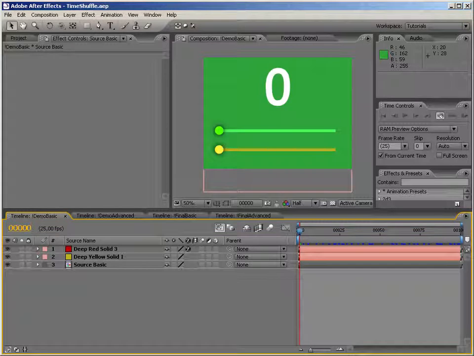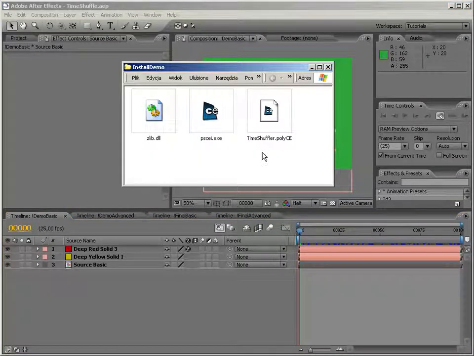So this tutorial is not exactly a tutorial, it is rather a demonstration of my plugin that I've come up with. Well, it's not even a plugin, it's a very clever preset that you can install. You can download it from my website. You will need an installer that I've made, and you would have to download the installer package and the effect itself. And once you download it all, you just simply drag the